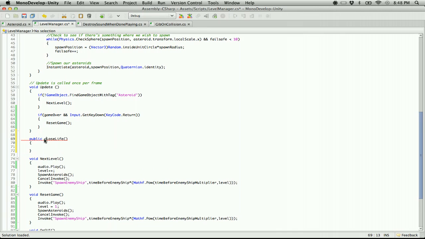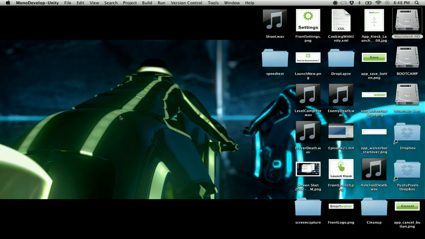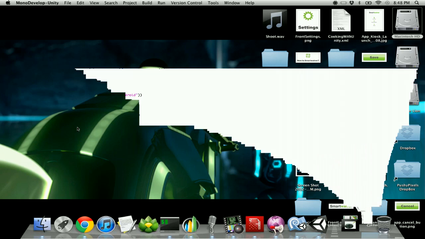Public void LoseLife, not void. Public void LoseLife. So lives minus minus, and then we need to spawn a new player in somehow, which we already have a player. So let's see what we're going to do. We're going